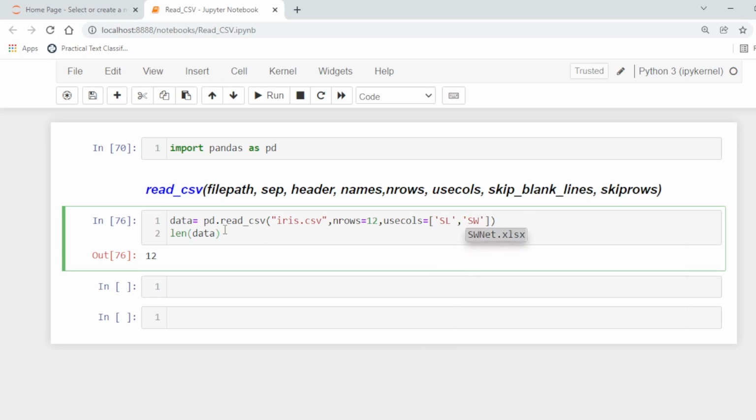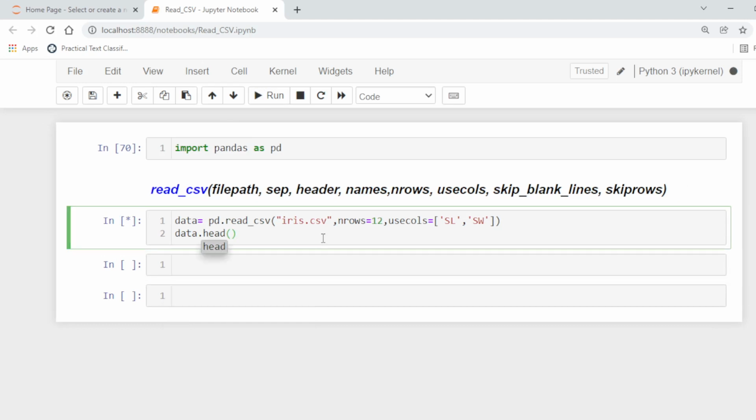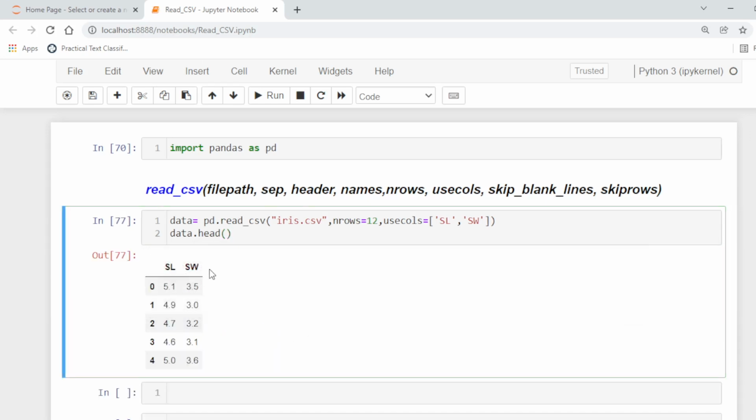Now to display the data, data.head shows the first 5 rows, so sepal length and sepal width. In this way you can select the specific columns to be displayed.